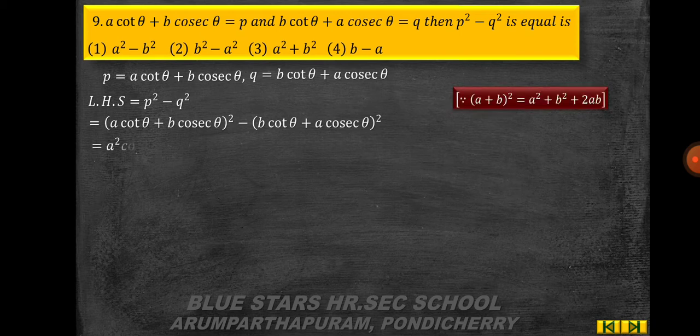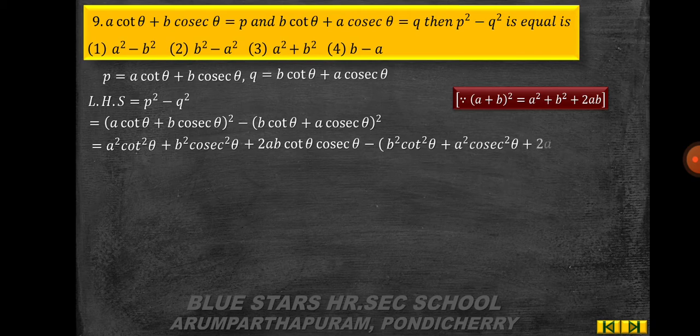So the A plus B the whole square formula is A square plus B square plus 2AB. We are just using that formula, which is equal to A square cot square theta plus B square cosecant square theta plus 2AB cot theta into cosecant theta minus B square cot square theta plus A square cosecant square theta